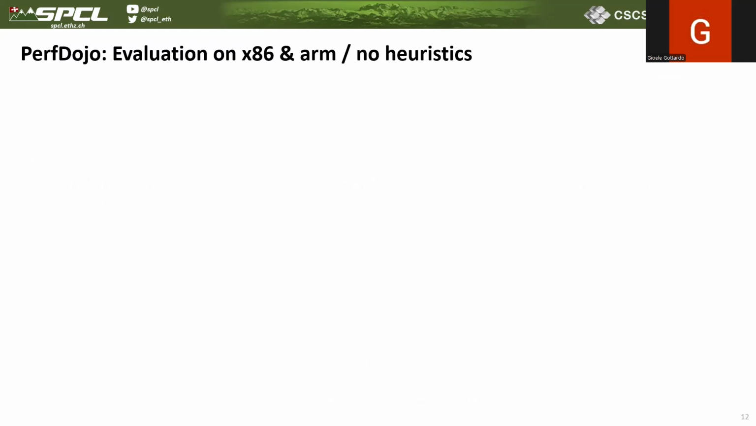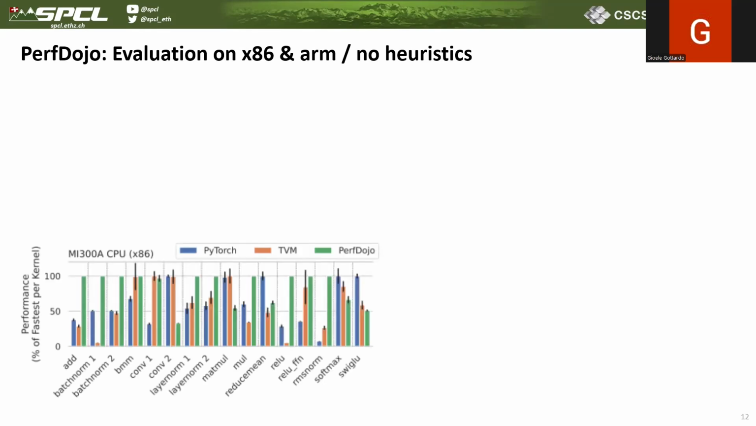Now, after we proved that with the correct transformations, PerfDojo can obtain competitive performance for both existing architectures like the x86 CPUs and for novel architectures like Snitch, we want to demonstrate that PerfLLM can efficiently use large language models and reinforcement learning to find the correct transformations that achieve that performance. And so we run our transformation search with PerfLLM on a set of deep learning kernels, and we compared the results